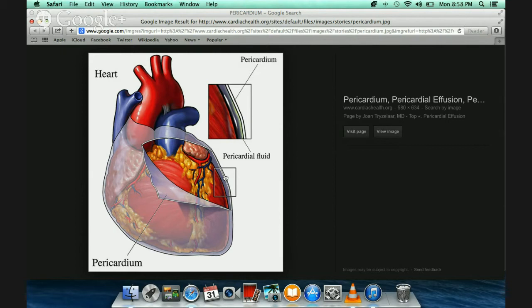The interesting thing is the pericardium acts like a cushion for a beating heart. When the beating heart rubs against surrounding structures, it can cause friction and wear and tear. But the pericardium, with a thin layer of fluid around the heart, prevents the heart muscle from wearing with each heartbeat. In addition, the fluid around the heart also acts like a shock absorber, which absorbs the